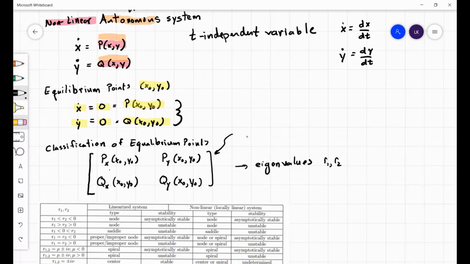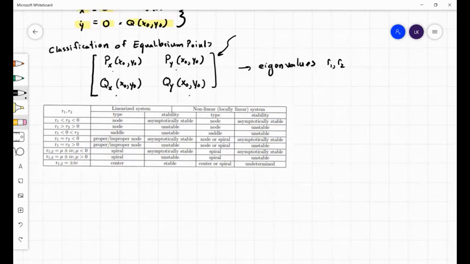We take the partial derivative of p with respect to x and y, and q with respect to x and y, and evaluate at the equilibrium points. The classification of the equilibrium points is based on the eigenvalues of that matrix. The eigenvalues are going to be called R1 and R2. And from this table we can look at the type of equilibrium point, and then classify it as stable,